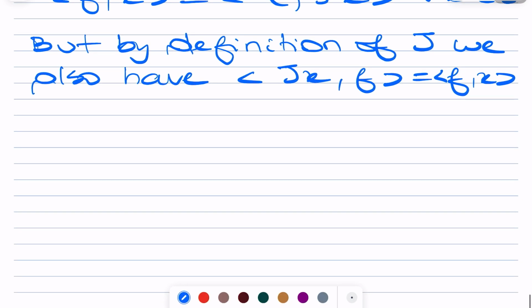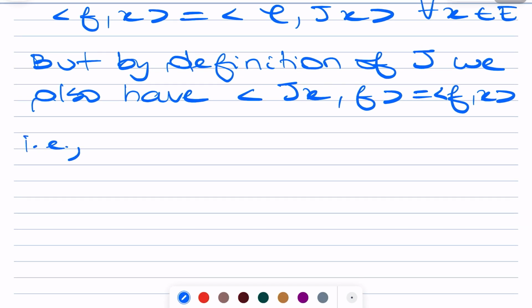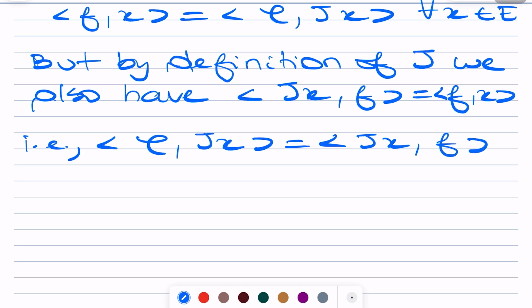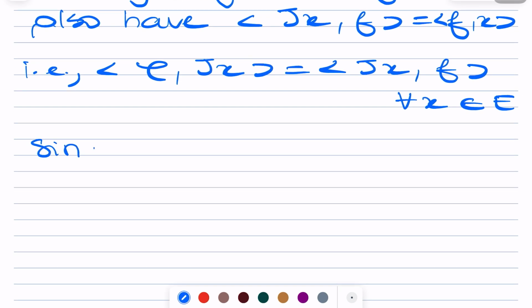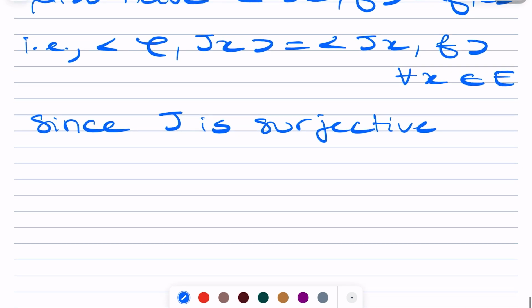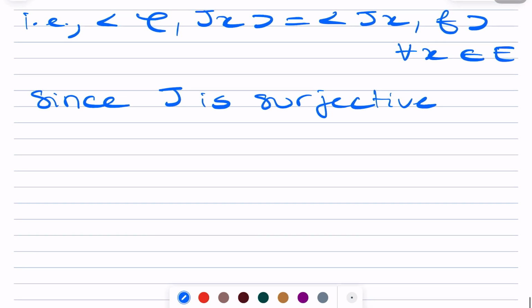So this means that we have the dual pairing between phi and Jx is equal to the dual pairing between Jx and f. This holds for every x in E, of course. So since J is an isomorphism, so since J is surjective, as the space is reflexive,